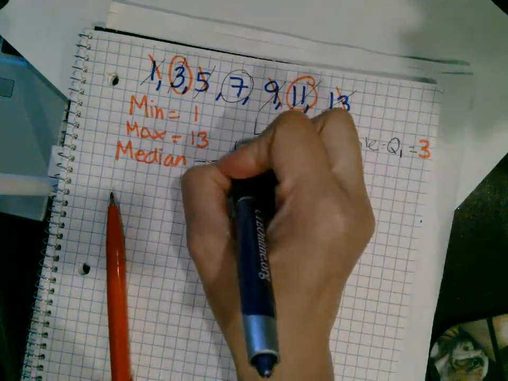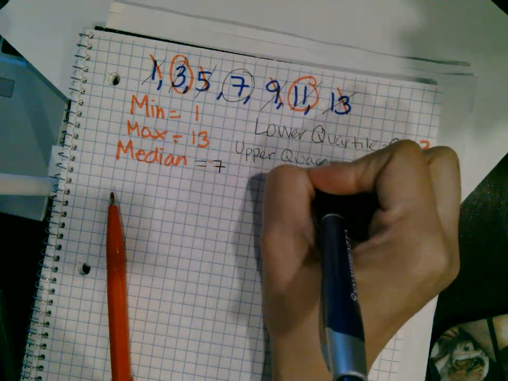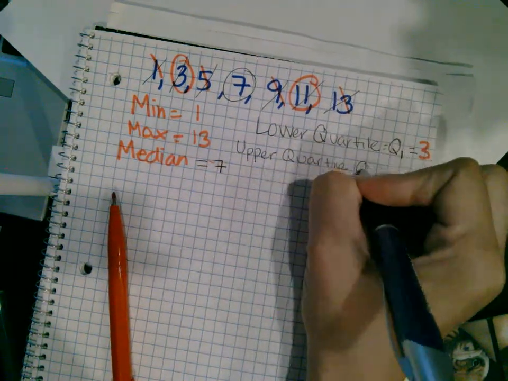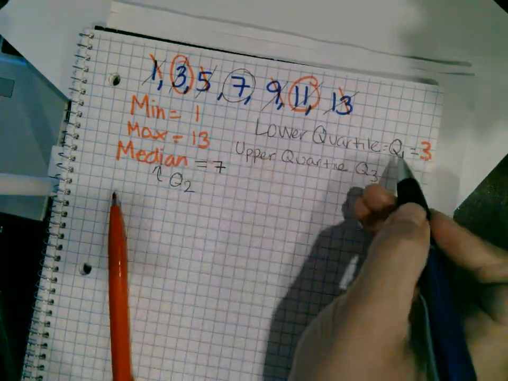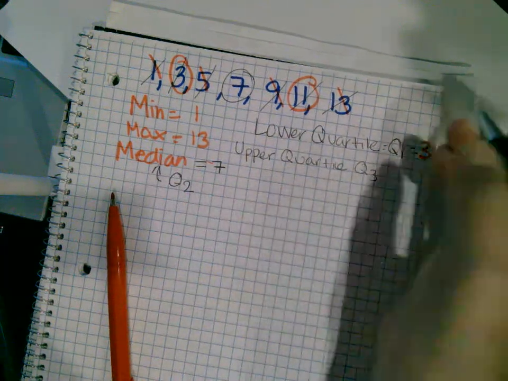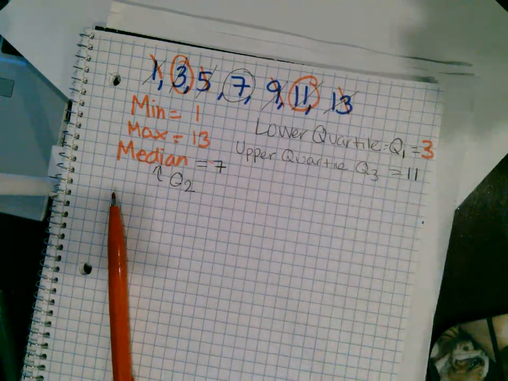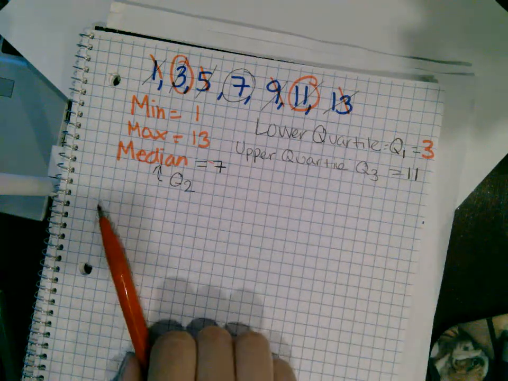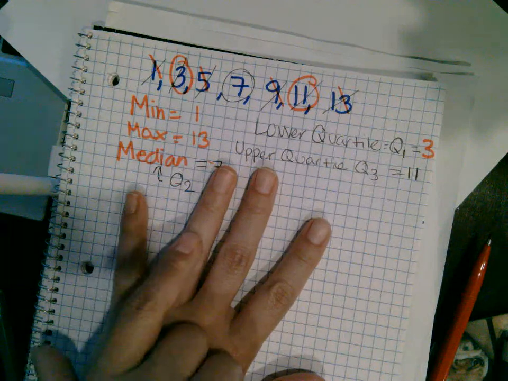So the upper quartile, or Q3, because this one is Q2, Q1, Q2, Q3. So what's the number in the middle? 11. Okay. And if we were to look at the left hand again, the minimum, then it would be lower